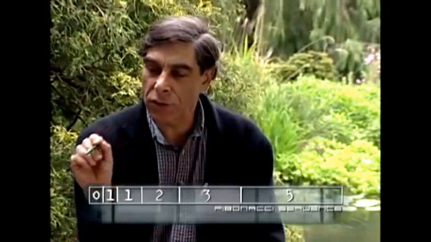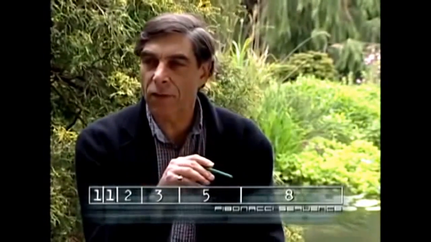Starts off with the numbers 0 and 1. 0 sort of acts like a seed in a sense. 0 and 1, and the rule is that each next term is the sum of the two previous terms. So 0 plus 1 make 1, 1 plus 1 make 2, 1 plus 2 make 3, 2 and 3 make 5, 3 and 5 make 8, 13, 21, 34, 55, 89, 144, 233, and endless. But it's an expansive pattern that shows organic growth patterns that occur all through nature.